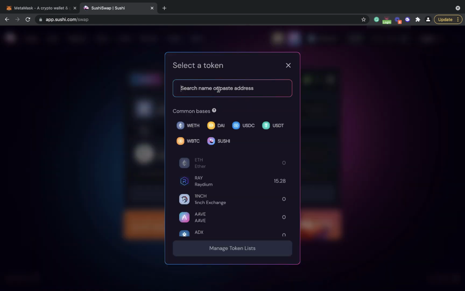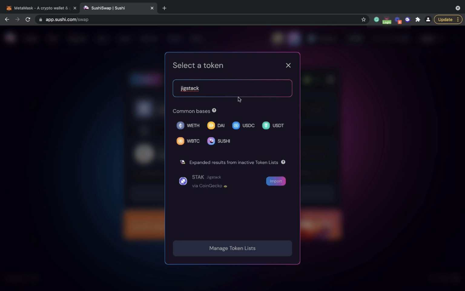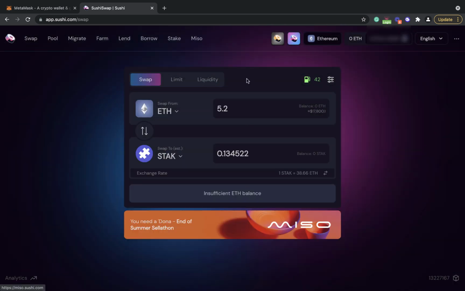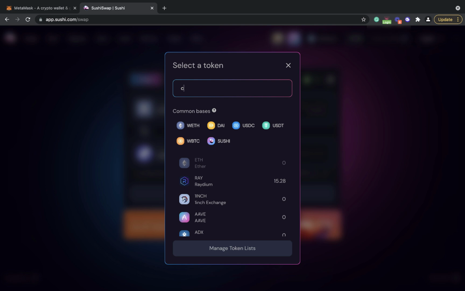If you're searching for a token that is not here for some reason, so let's search for a token called JigStack. JigStack is here, but it's not there by default. You have to click the import button, and then that'll bring JigStack into SushiSwap here, and now you can swap through that as well. So just keep that in mind. We're going to go back to Convex